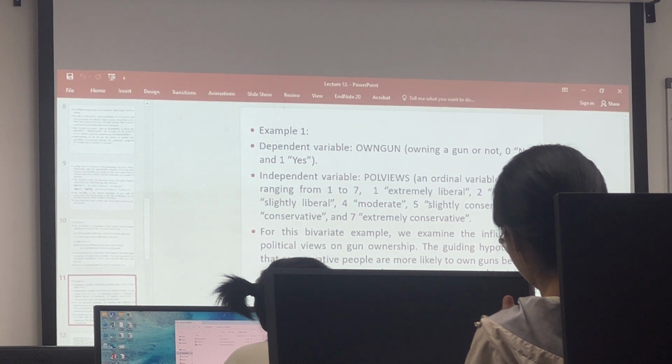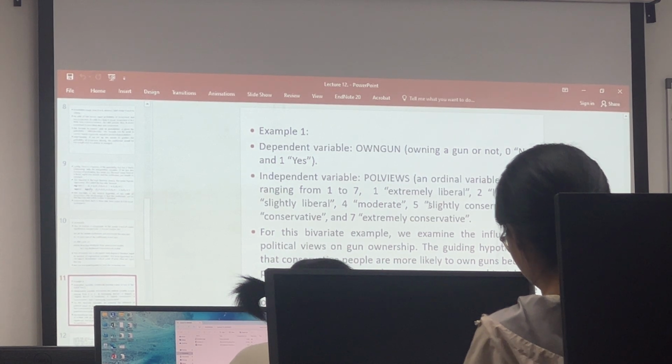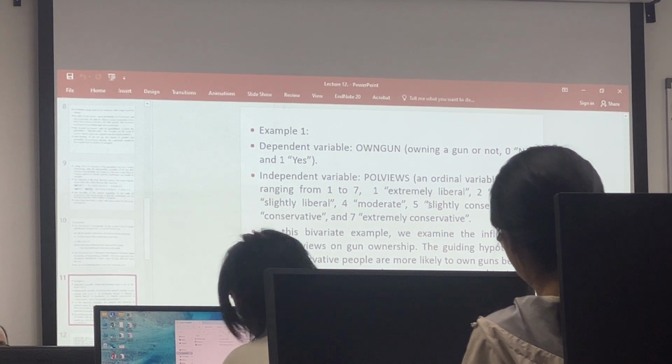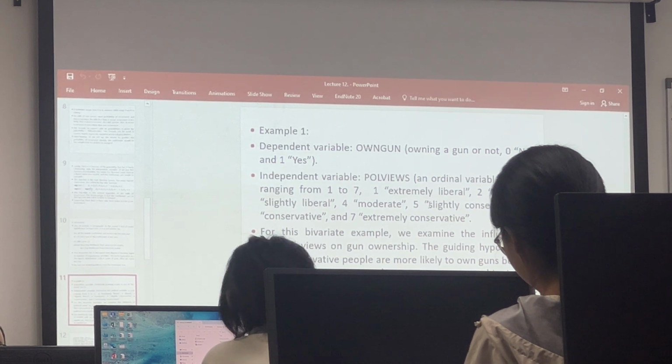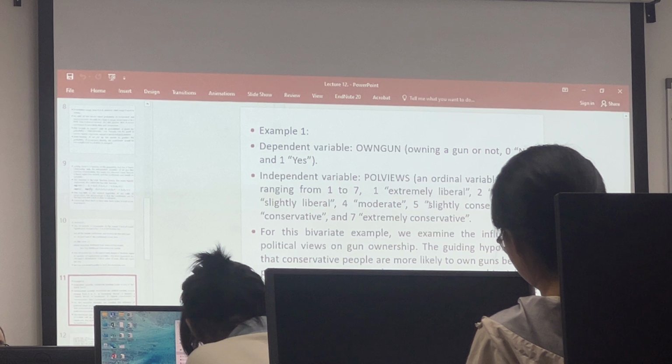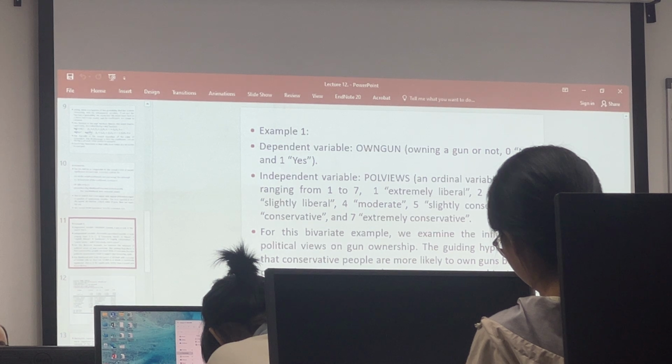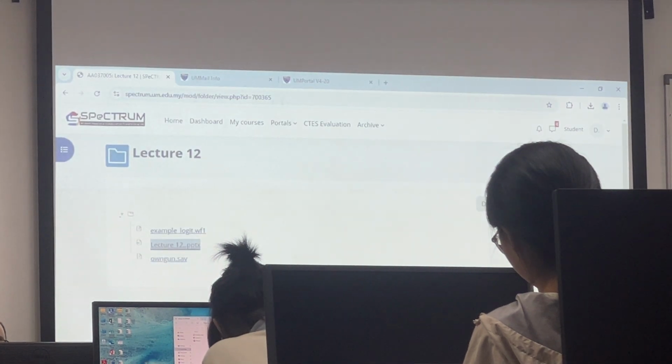For this example, we examine the influence of political views on gun ownership. The guiding hypothesis is that conservative people are more likely to own guns because political conservatives tend to support gun ownership rights. The likelihood ratio, so how to get that result, you go to your